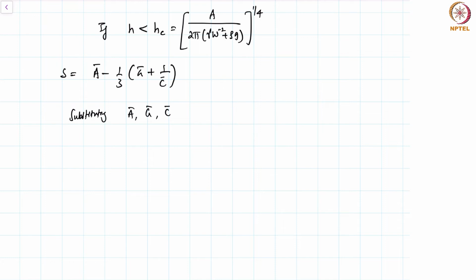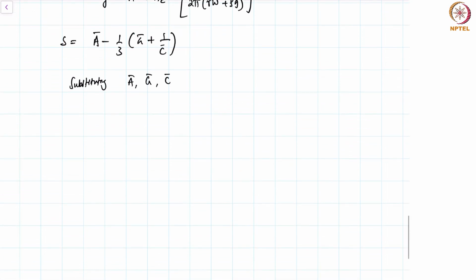The expression for the growth rate essentially becomes S essentially becomes omega tilde lambda by u naught. That's the dimensional